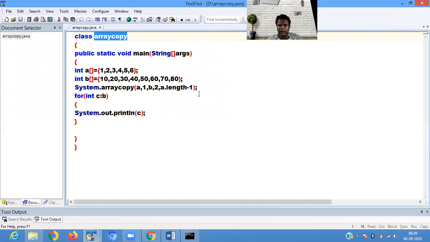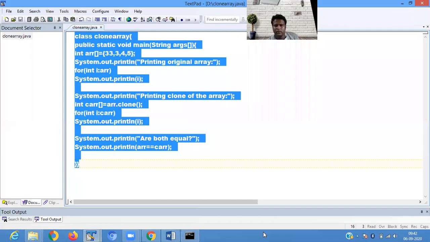But another method is also present: the array clone method, to copy all the elements or to create a duplicate. That is the work of the array clone method, cloning the array elements.